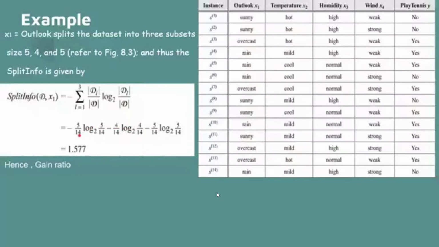So in the denominator we got 40. Similarly, continuing in the same fashion, we wrote for rain, and rain comes in the table 1, 2, 3, 4, 5 times. So here comes 5, and in the denominator 40. Overcast comes 4 times in the table. So these terms represent the summation for overcast. And combining all these, we got split info